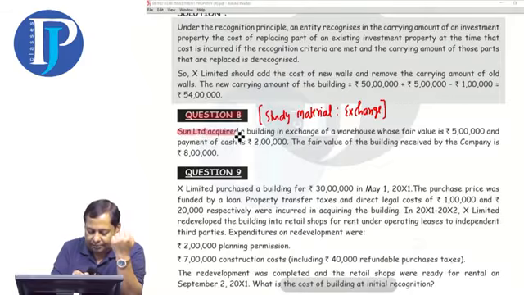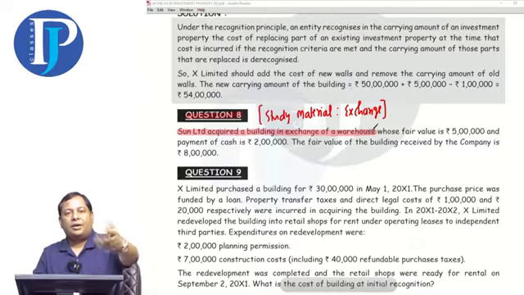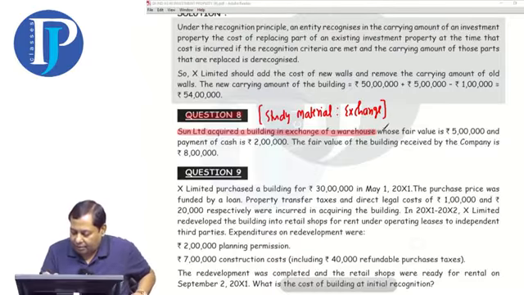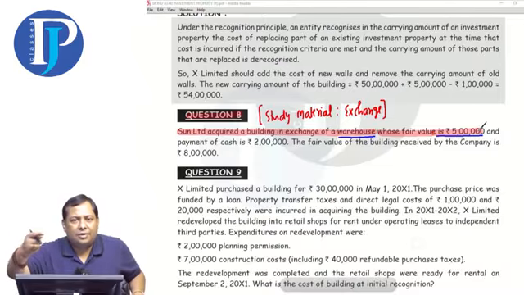Sun Limited acquired a building in exchange of a warehouse, okay? A building has been acquired and they gave away their warehouse. The fair value is telling the value of the warehouse, which is 5 lakhs. Now tell me, are we gaining the warehouse or losing it? We are losing the warehouse. This means fair value of given up is 5 lakhs. And wherever fair value of given up is available, we prefer it, so these 5 lakhs will be counted. And